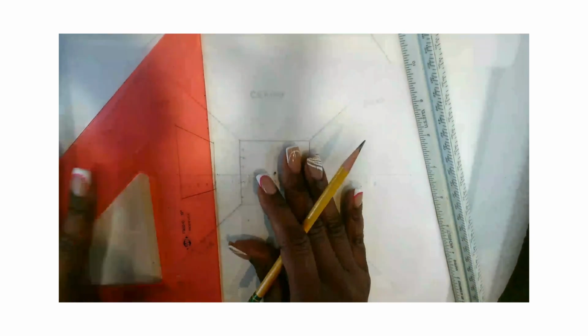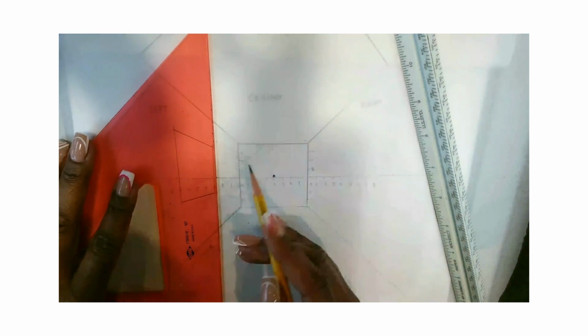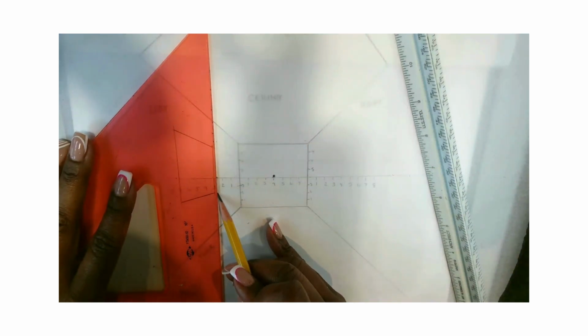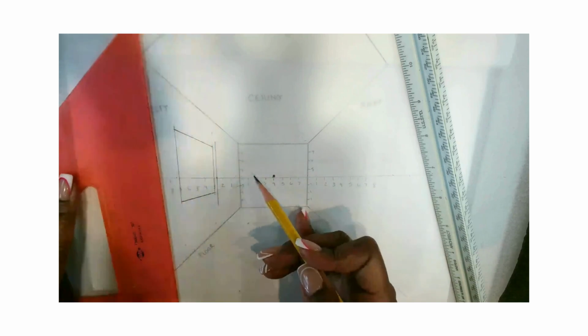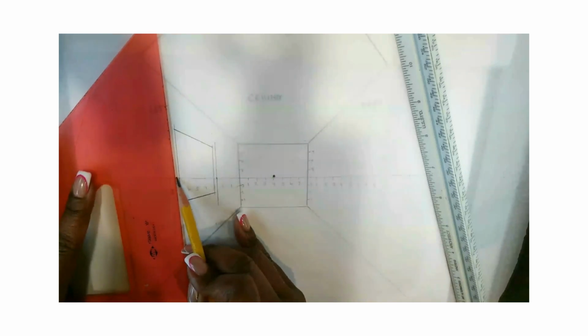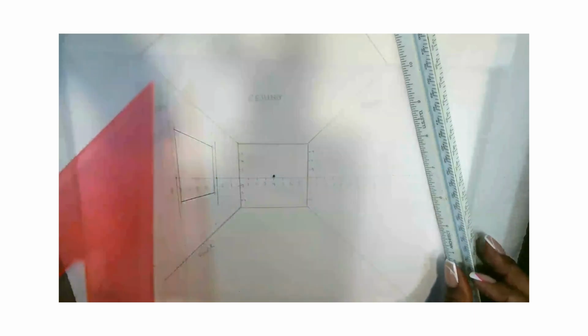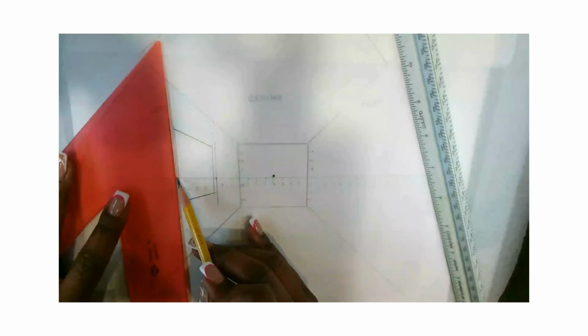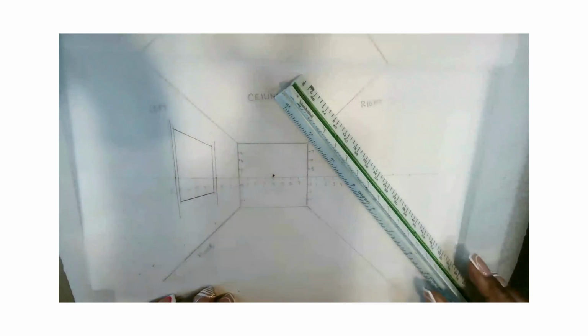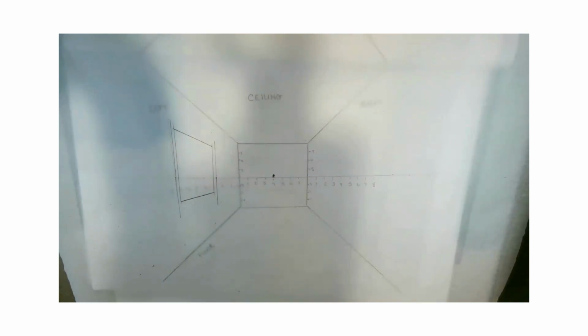And once again, use your straight edge to create yourself a line at your point. Here we go. And then where we had our 6 feet and 3 feet, I'm going to again measure 3